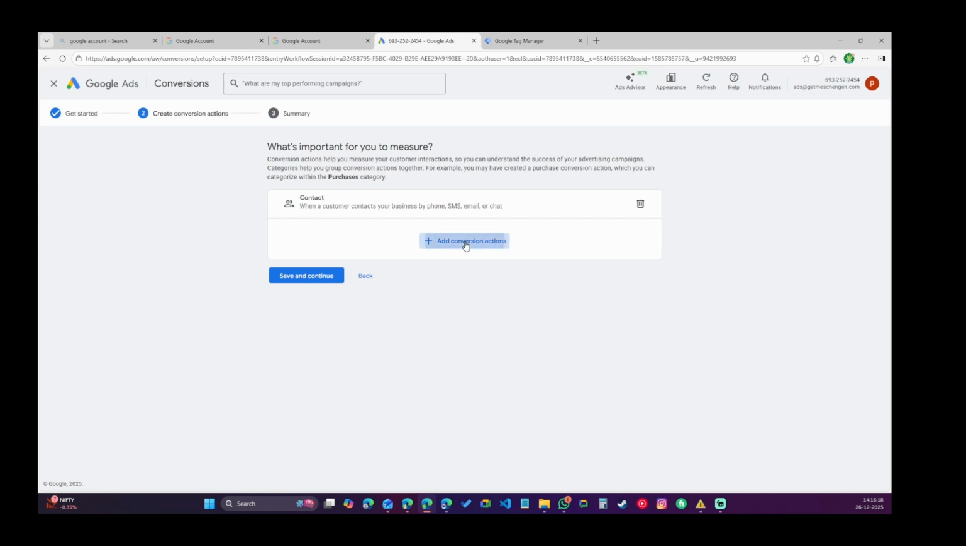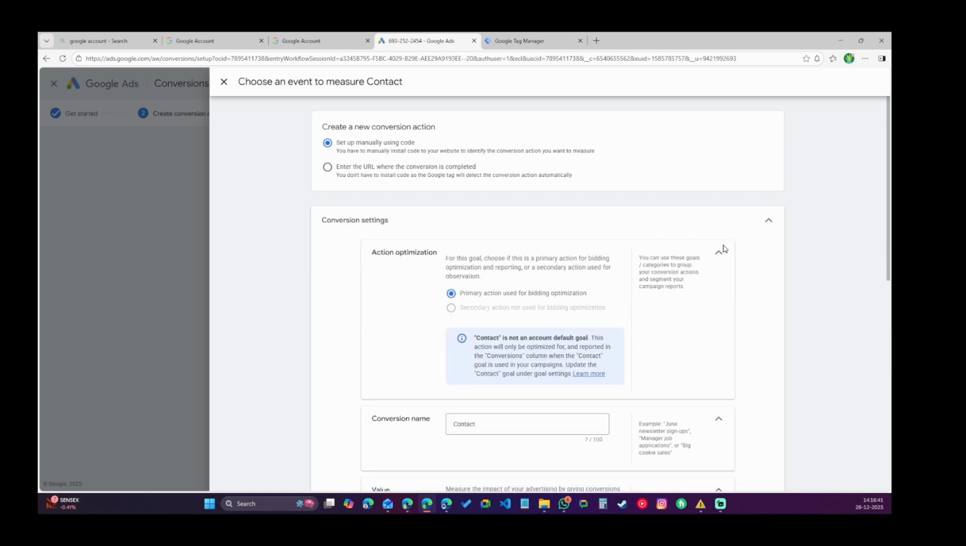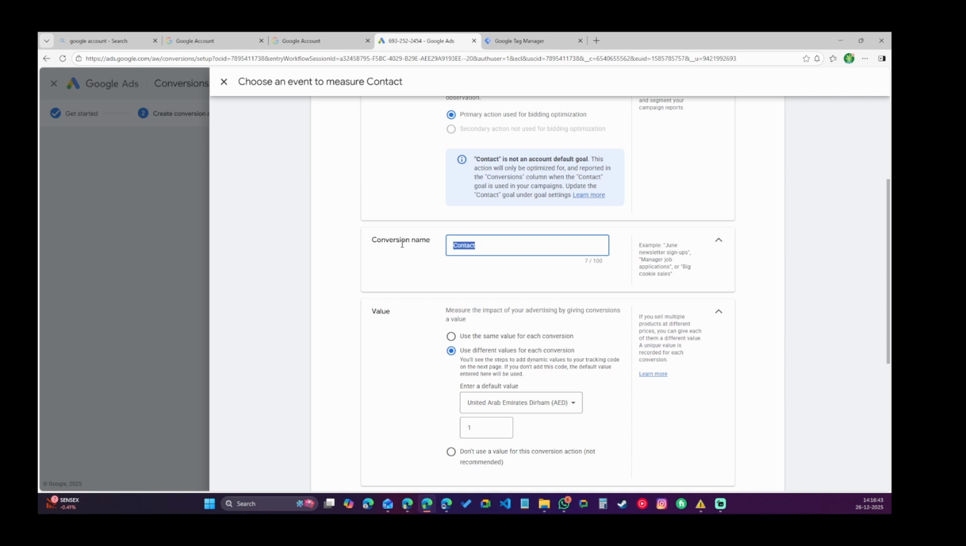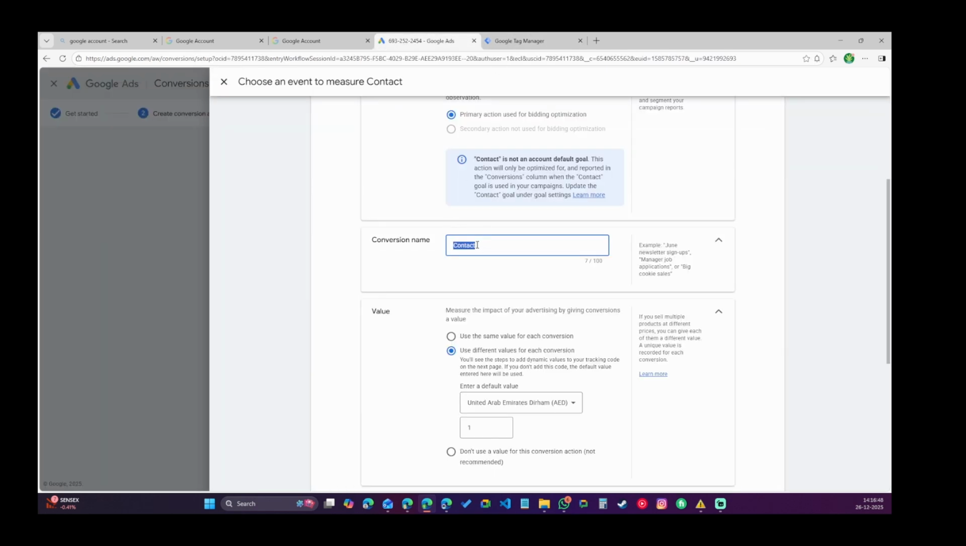I will add a conversion action. Okay. So it is untitled. No worries about that. You can title it. You can give a title for that thing. Now we can go for a manual thing, and when we are going with a manual thing, I will open this thing and I will rename it, because over here we are creating a chat tag. I will go for a chat first,